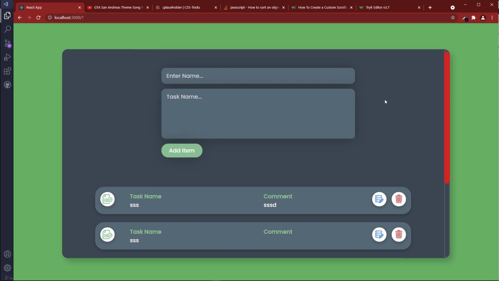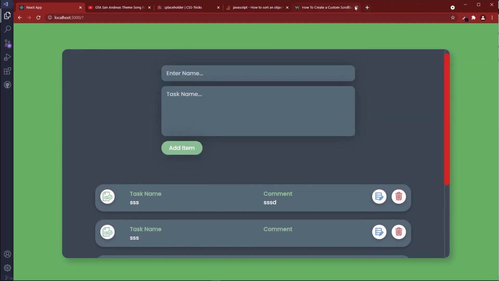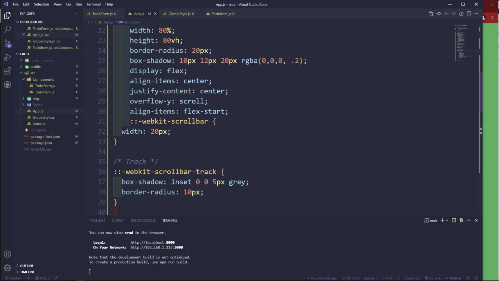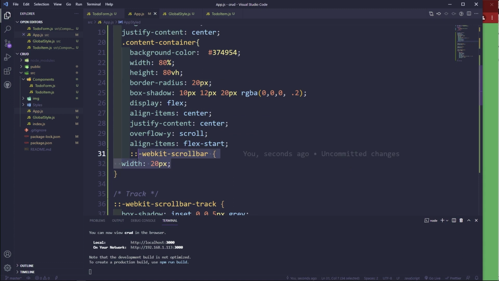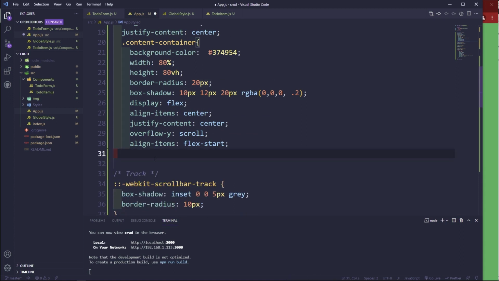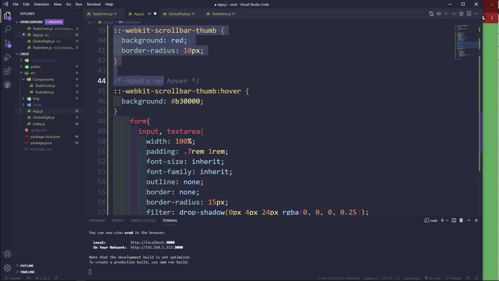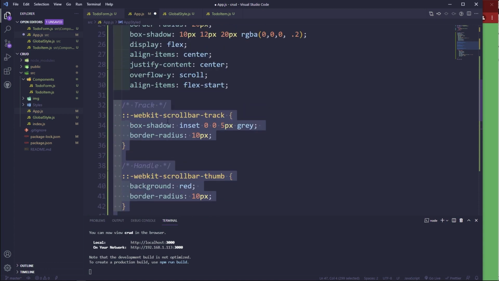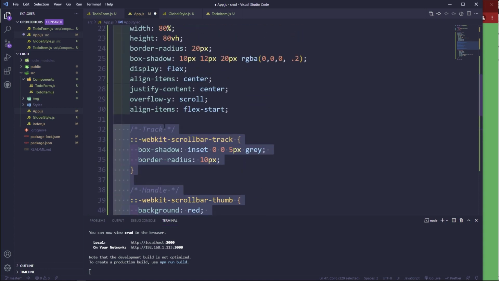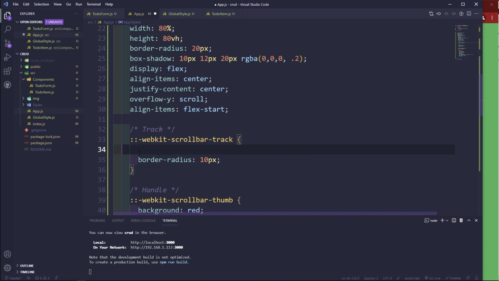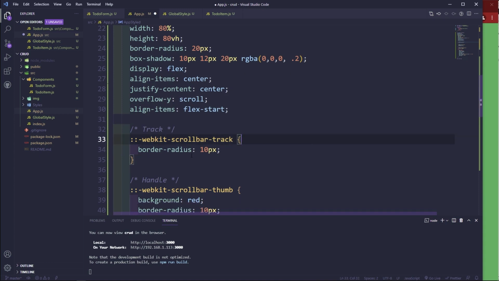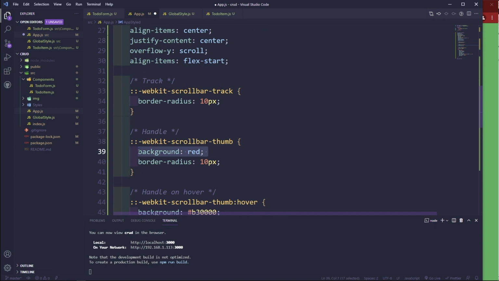Alright, so now we have a custom scroll bar, and then we're going to modify this. Okay, so I'll remove this here, remove this. Okay, and then I'm going to indent this like so. One more time. Alright, so now the width, I'm going to remove this box shadow. I'll leave the border radius as is, and then the background color for